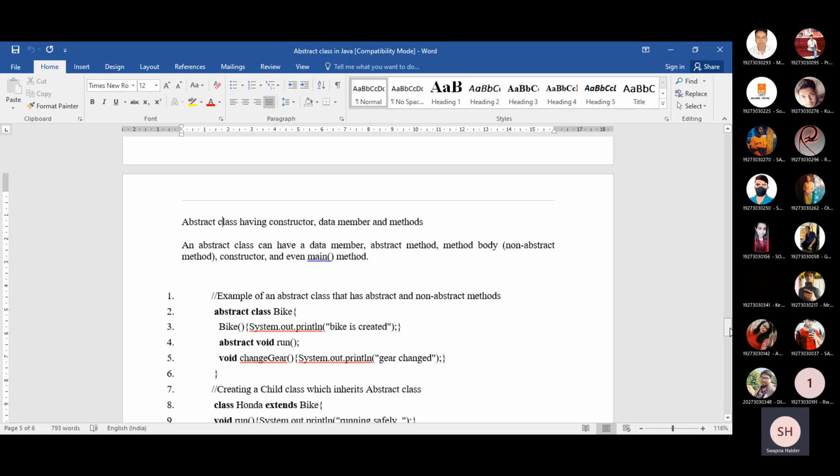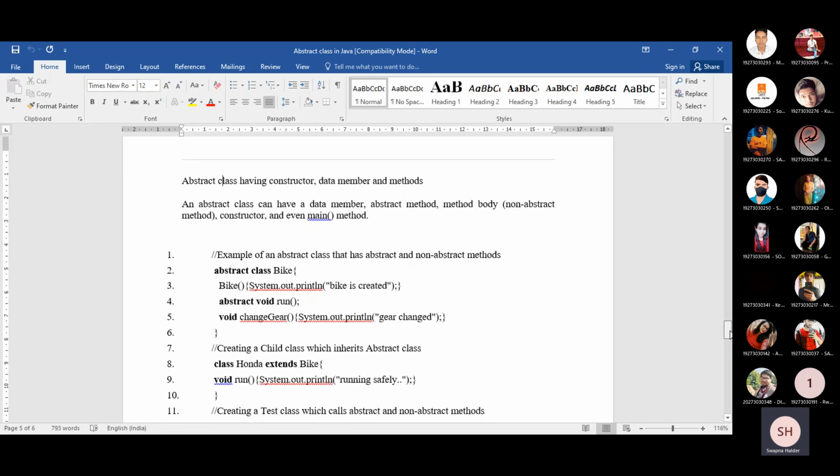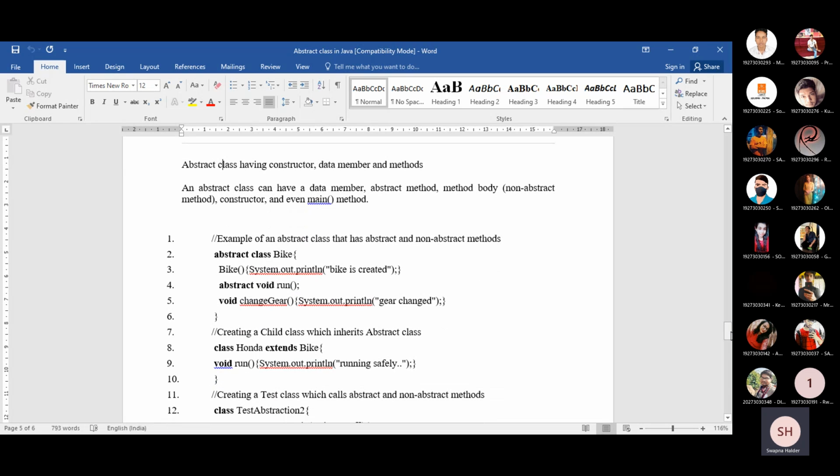I think I have provided it with the name area. So using the concept of abstract class, you can calculate the area of the rectangle as well as the area of the circle. This task is given to you to implement, and one or two of you have already implemented it, I think.